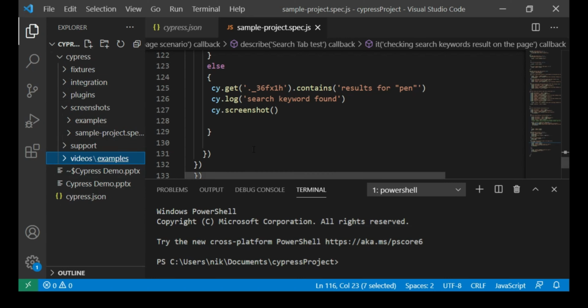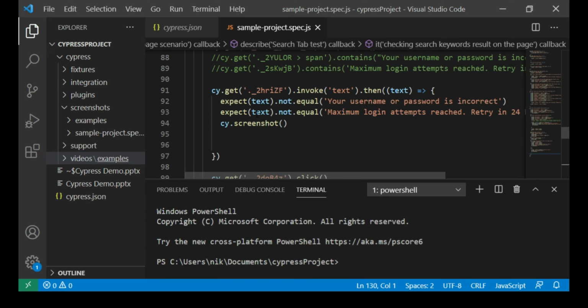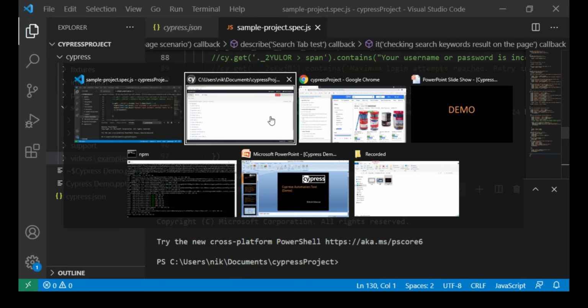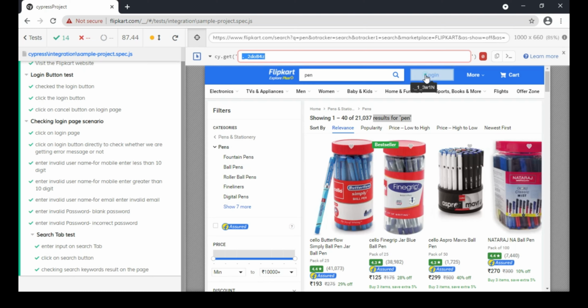Okay, so I hope you understood what Cypress is and how to use it, and you can see it is very easy to select the element. We just have to click on the element we want to choose, copy it here and paste it in the command. You will get this kind of method already, get value and close one, and you just have to click here and type here. This makes it very easy to understand, and it is very quick, and you can see it is opening directly in the browser.